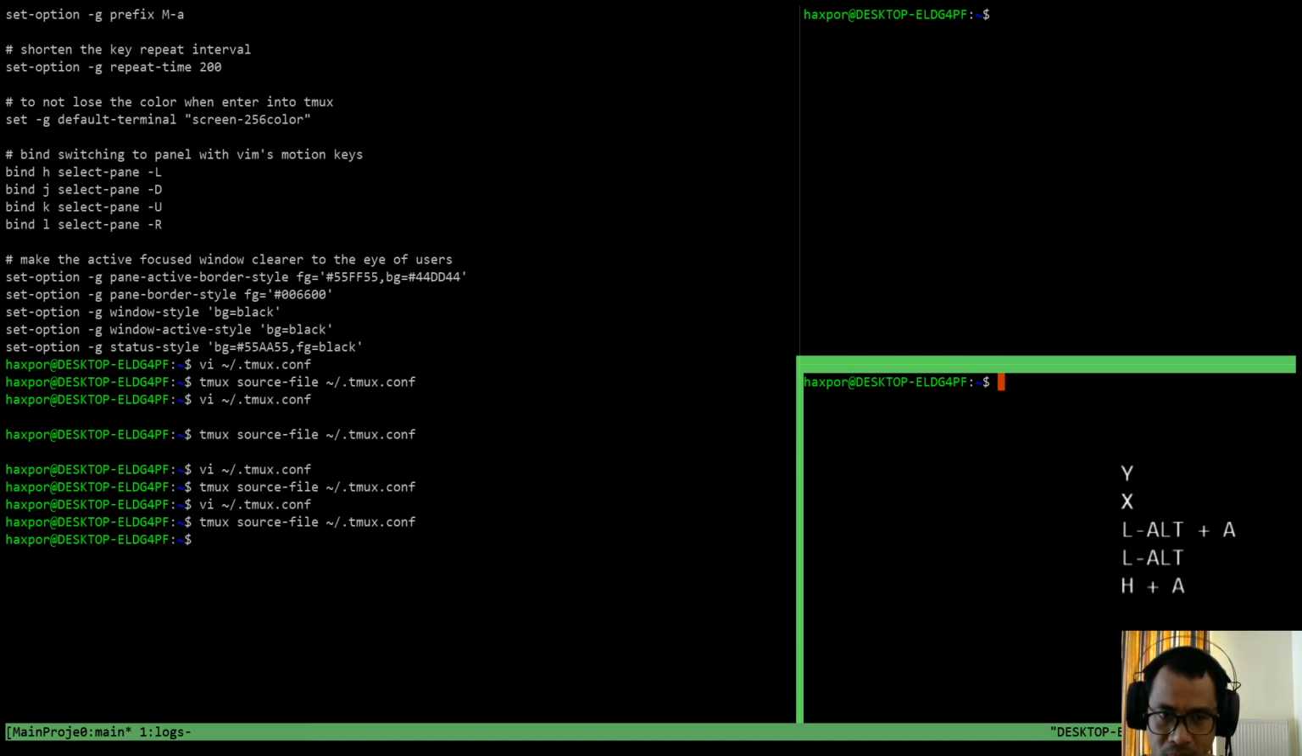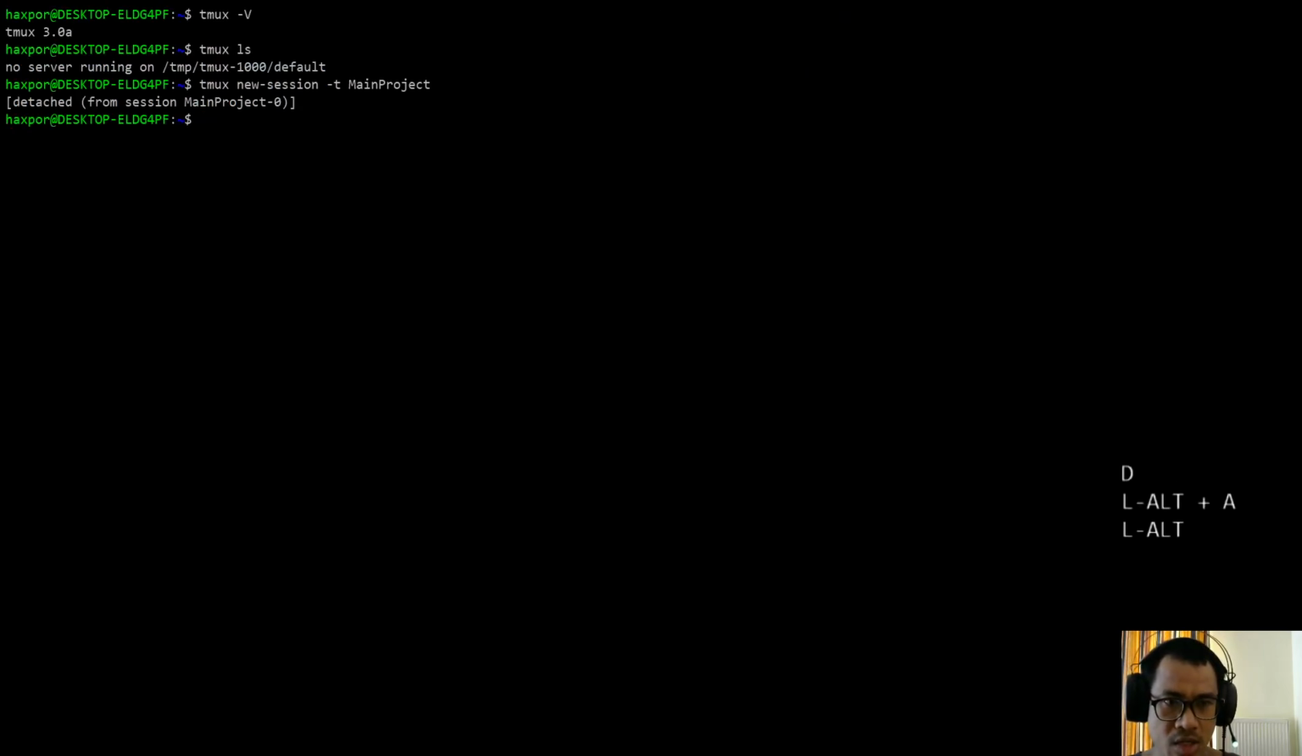Okay. And okay, let's say I just want to take a break and stop my work for the moment. What should I do? I can detach the tmux session and jump right back to the main terminal session. So what I do is prefix key followed by D. D stands for detach. So prefix key, detach, and you can see it detaches from the session, and you can list